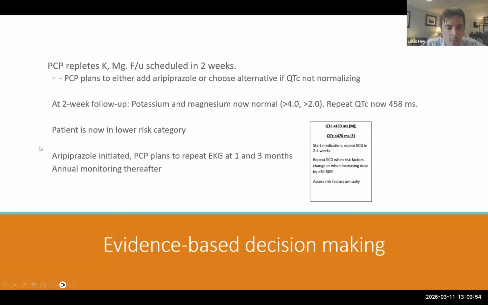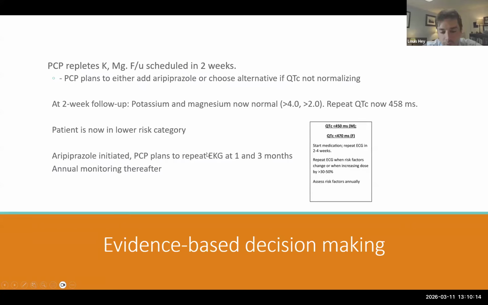So let's say we start the aripiprazole and then follow up in a month, and then maybe in 3 months, to be more conservative, or 6 months, I think would be reasonable. That's obviously very contrived and worked out perfectly, but I think it's less nebulous than I thought.